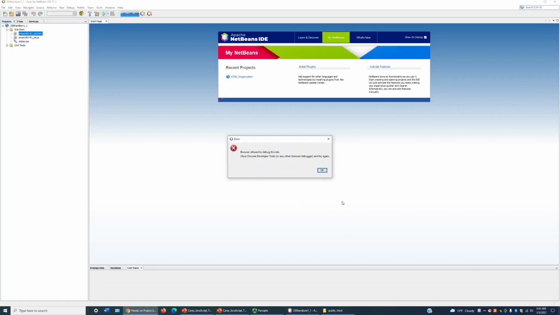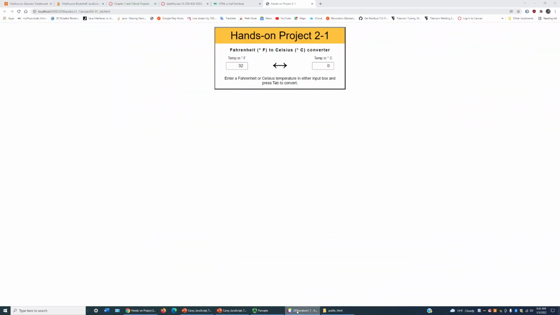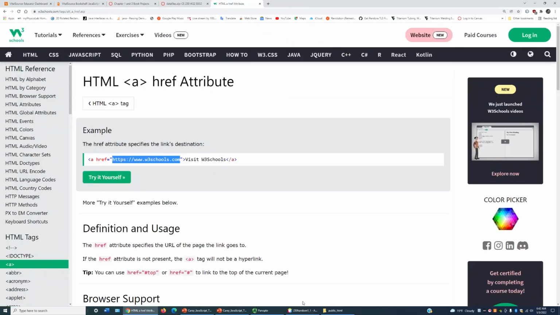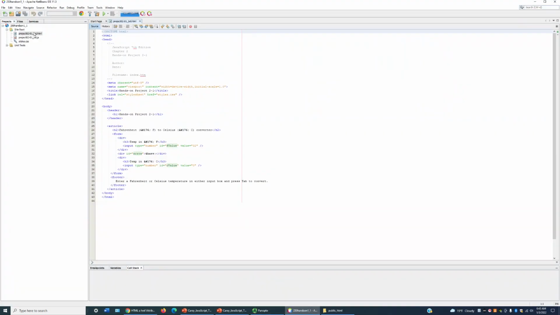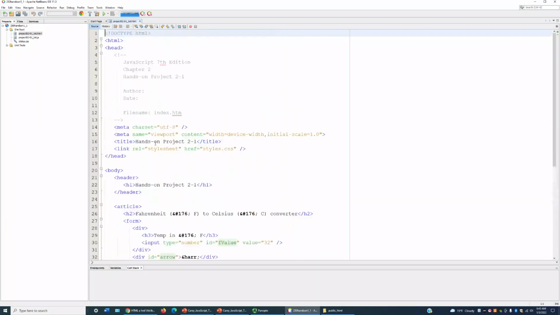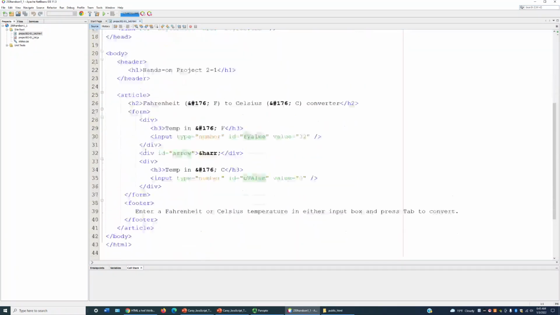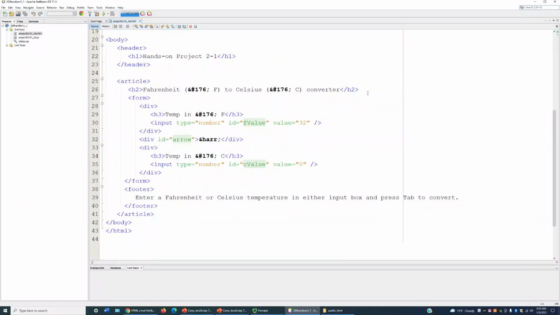So I hit play, and I got NetBeans connector going for debugging, and we're going to get more on debugging in a little bit. But I hit play, and this is what happens, what shows up. So we'll go back here, and let's make a change. Let's just change one thing. Let's go ahead and just to play around, we say here Fahrenheit to Celsius converter. This is some special syntax stuff, but